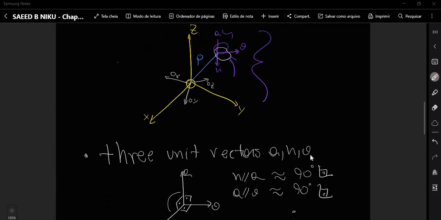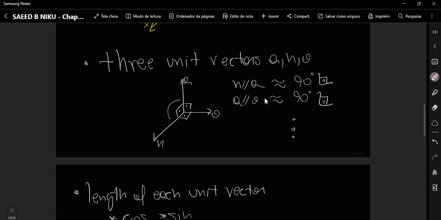The notation that I'm using, this notation,